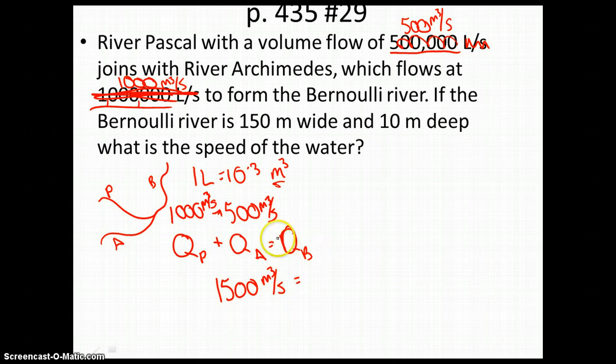We know that's going to equal the flow rate of the Bernoulli River, and we know that we can find the flow rate of the Bernoulli River by the velocity of the fluid times the area. Now we're going to assume something really funny here. We're going to assume that the Bernoulli River is a square river. And it's got a depth of 10 meters and it's 150 meters wide. This is a decent approximation. And so that's going to give us an area of